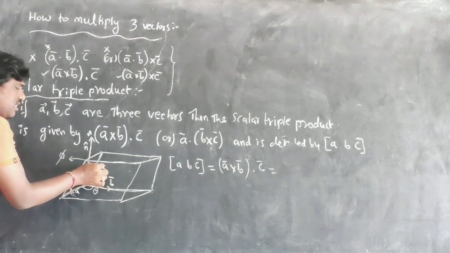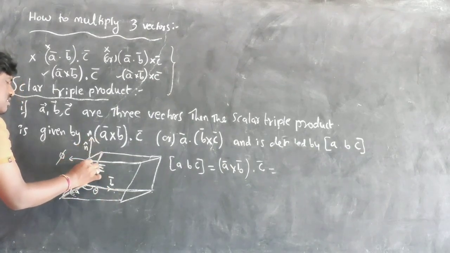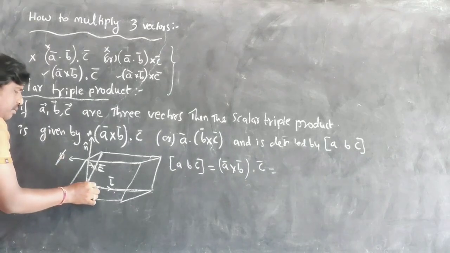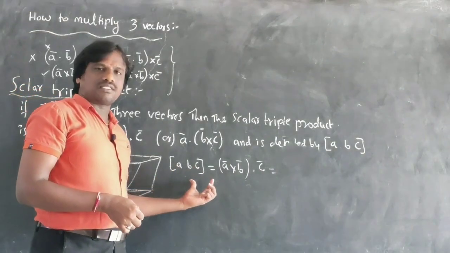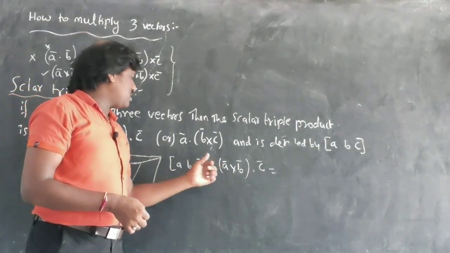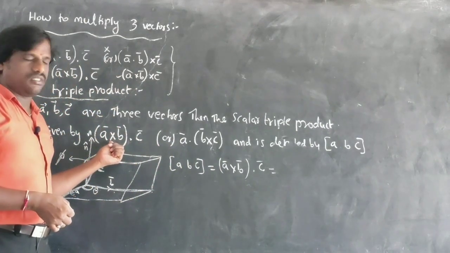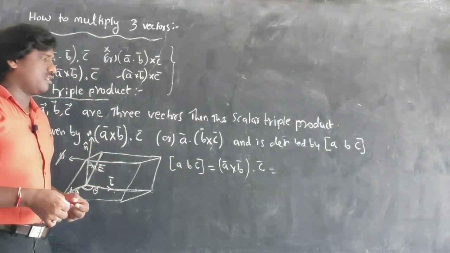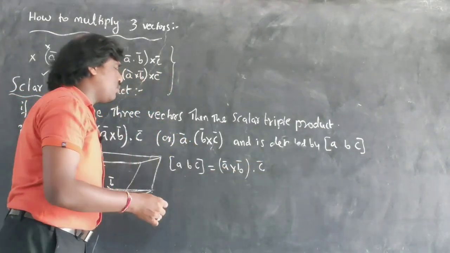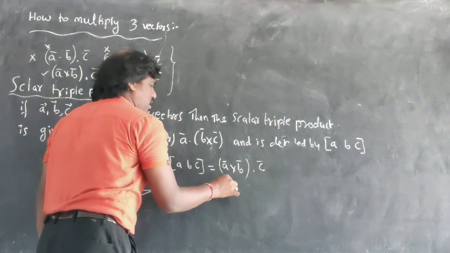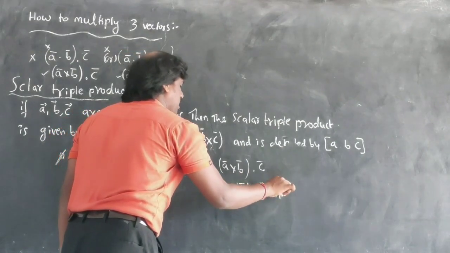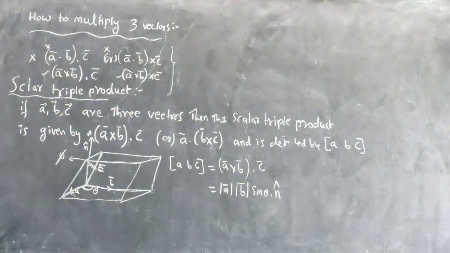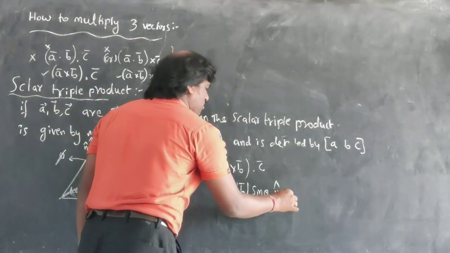The angle between C vector and A cross B, let us take this as phi. The angle between A and B, let us take theta. Now we open this. Box ABC is equal to, as per the definition, A cross B dot C vector. And you know A cross B, how do you write it? A cross B is mod A mod B sin theta into n cap. I gave the definition, this is clearly into n cap. N cap shows the direction. And this whole thing dot with C.